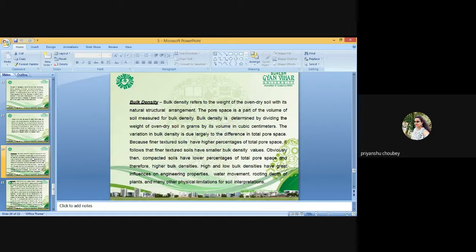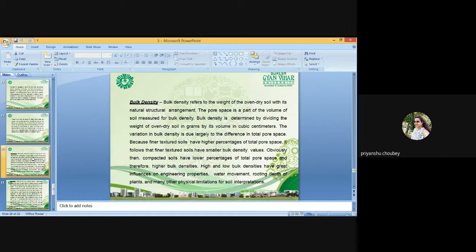Bulk density is of greater importance than particle density in understanding the physical behavior of a soil, and is used for computing the weight of the